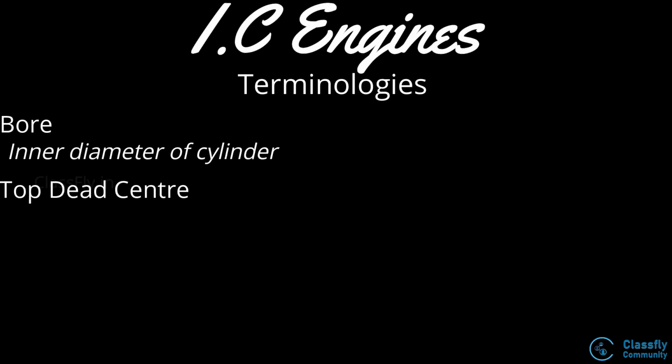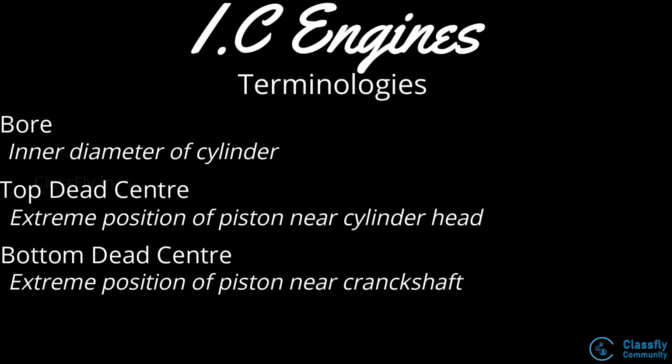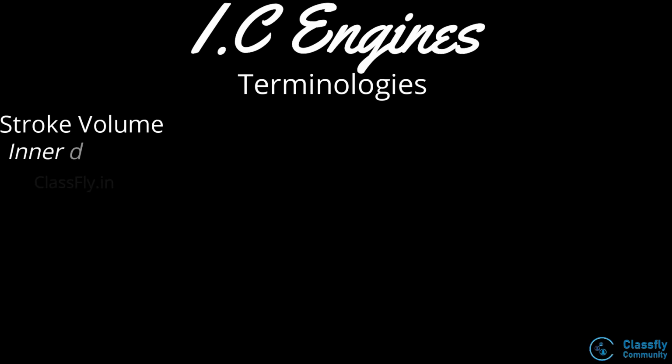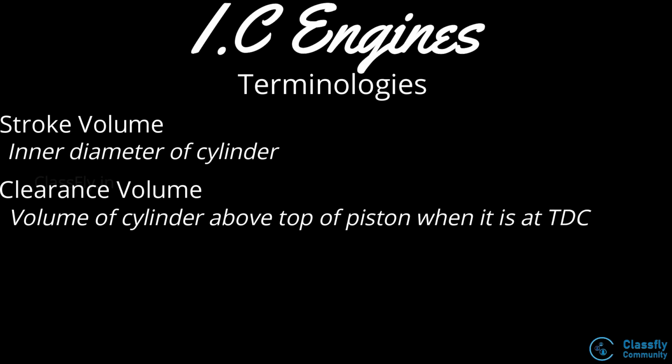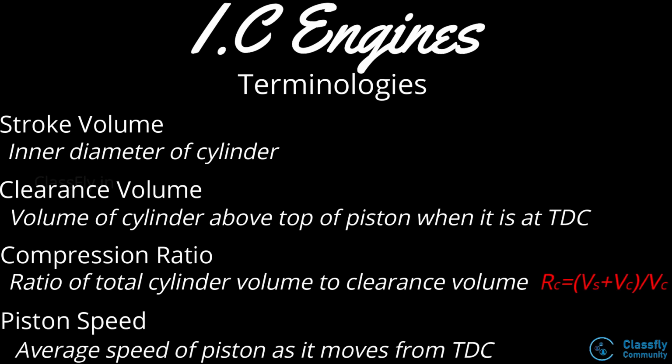Then we looked into the IC engine terminologies such as the bore, which is the inner diameter of the cylinder, the top dead center, which is the extreme position of the piston near to the cylinder head, the bottom dead center, which is the extreme position of the piston near the crankshaft, the stroke, which is the linear distance traveled by the piston when it moves from the TDC to BDC, the stroke volume, which is the volume swept by the piston when it moves from TDC to BDC, the clearance volume, which is the volume of the cylinder above the top of the piston when the piston is at TDC, the compression ratio, which is the ratio of the total cylinder volume to the clearance volume, the piston speed, which is the average speed of the